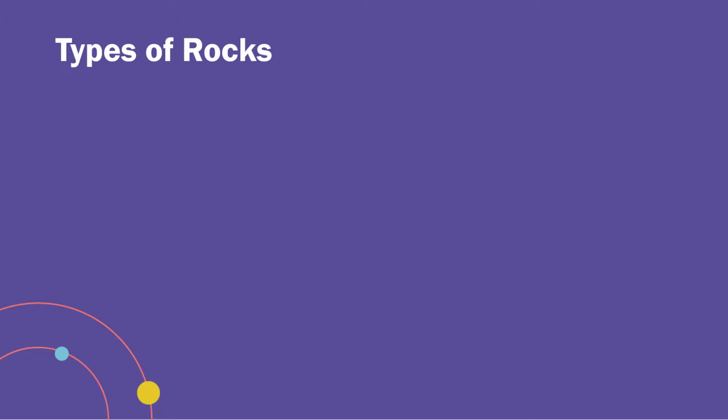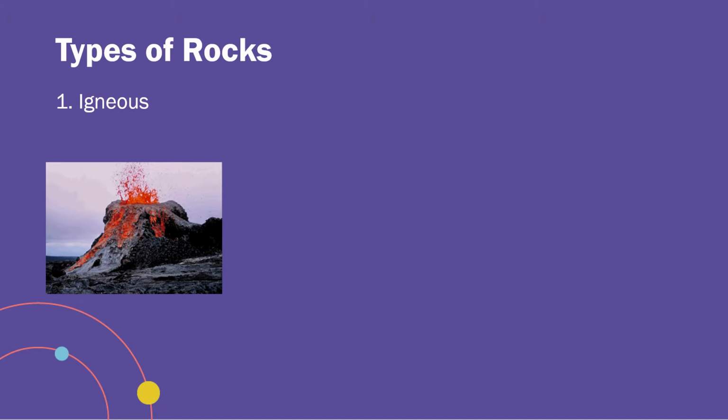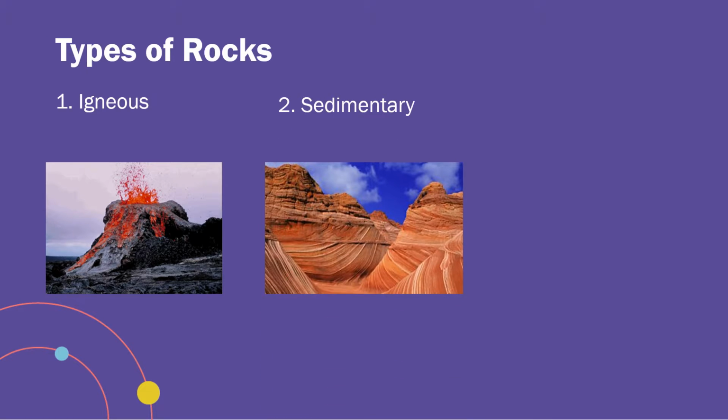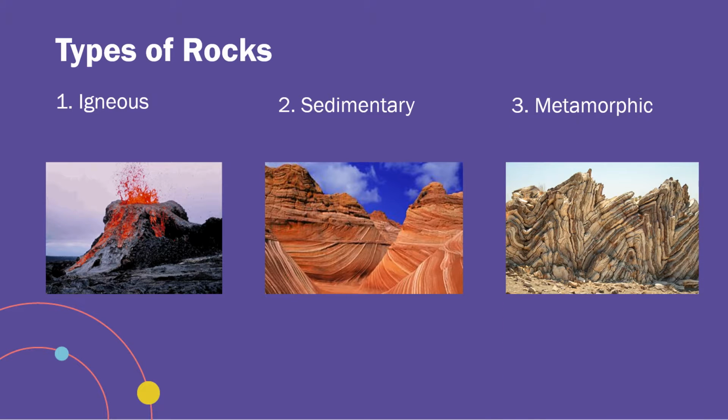Now that we know that rocks are made of minerals, we can talk about the different types of rocks. There are three main types. The first are igneous rocks. These are often related to hot magma and explosive lava. The second type of rocks are sedimentary rocks. Taking clues from the name gives us a fact about these rocks. They are made up of layered sediment. The third and last type of rocks are metamorphic rocks. These rocks are altered igneous and sedimentary rocks. Next, let's take some time to talk more in depth about each category of rocks.